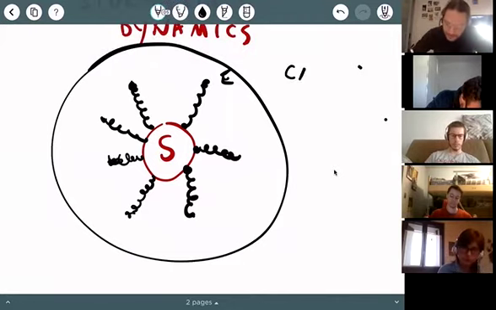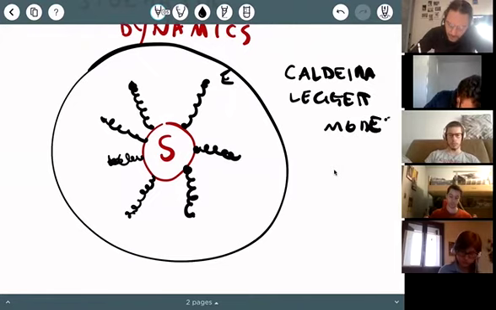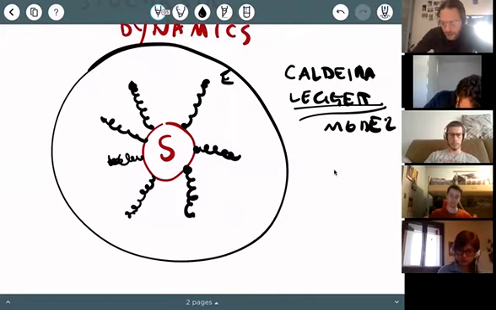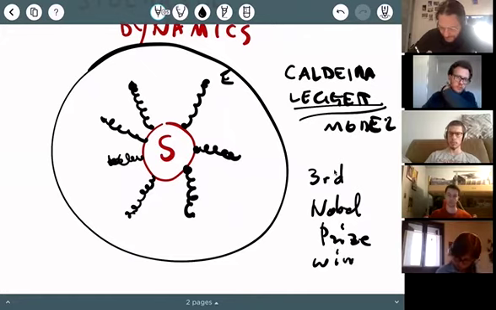the Caldeira-Leggett model. So today we are bouncing on our third Nobel Prize winning concept